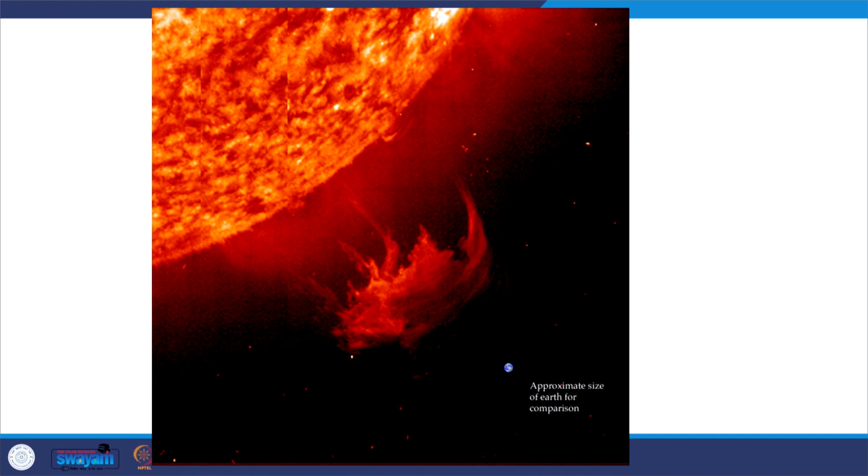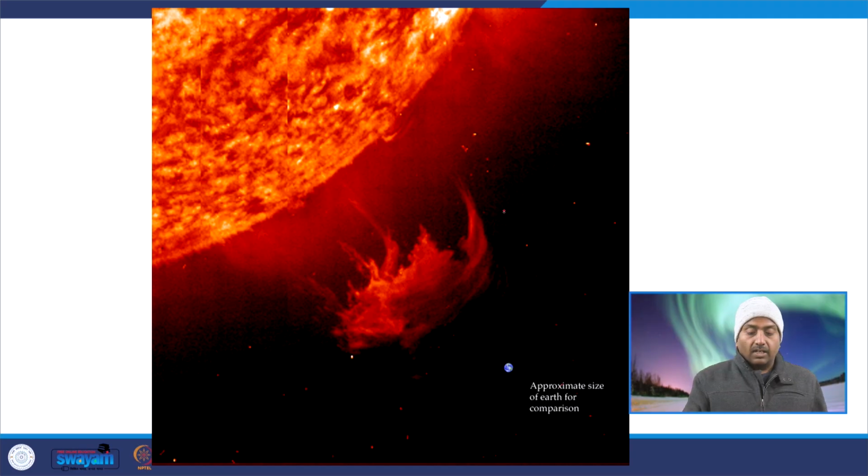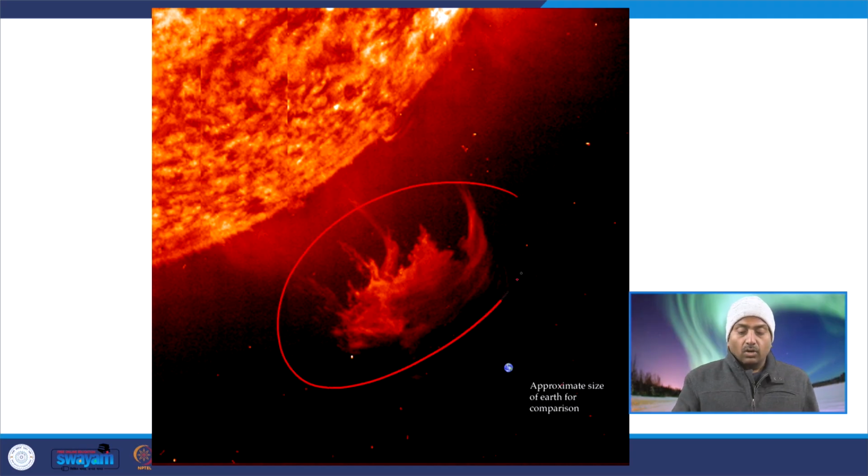So, for reference, this image picturizes the typical size of an actual image of the solar coronal mass ejection thrown into space, and the approximate size of the Earth in comparison to the scale of the coronal mass ejection. Now, most importantly, this image itself manifests the importance of understanding these things so that we can have an idea